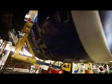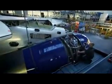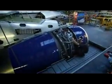Victor X-ray is now a week into its overhaul, and next, its most valuable components are about to be removed for closer examination. It is a big moment indeed. They're actually taking the engine off the wing. These things cost about £8 million each. The last thing you want to have happen is it come crashing to the floor. As experienced as he is, it's a nervous moment for